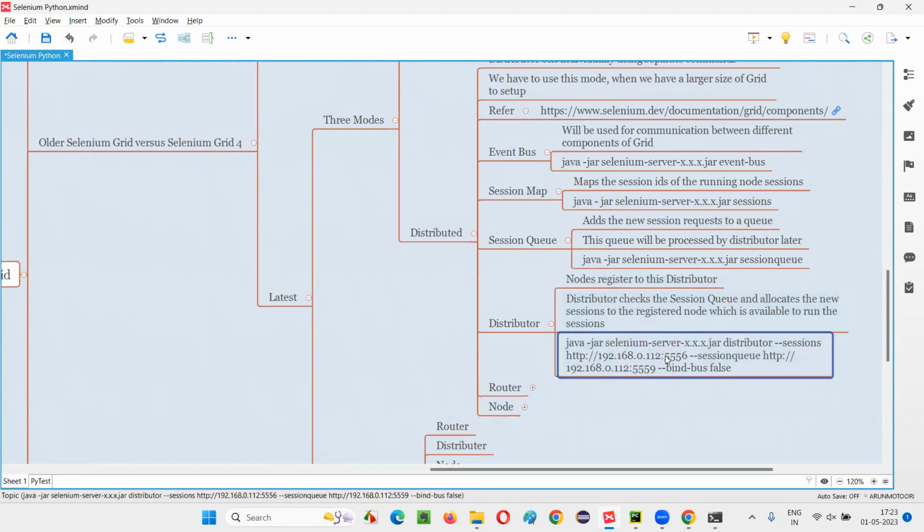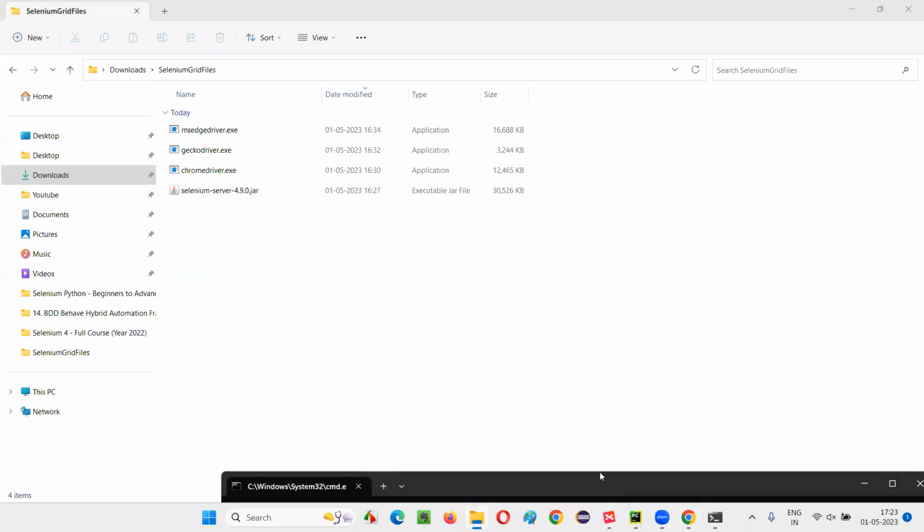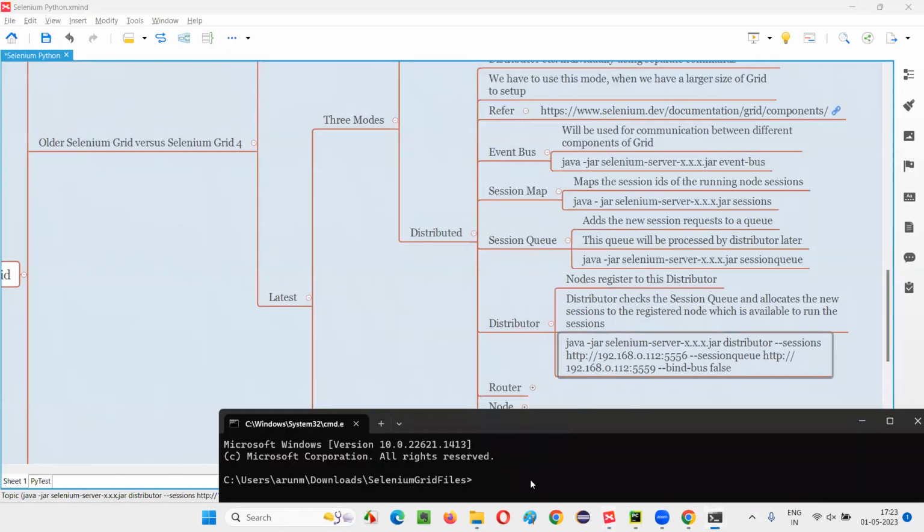Now how to run this? This command is a bit different. So go to this folder and type cmd. Just carefully type this command. It's different when compared to the previous ones, so here we need additional things. java jar selenium-server-4.9.0.jar space distributor, then sessions. Here you are connecting the distributor to the sessions, that is the session map. Hyphen sessions, where the sessions are running. Session map is running at